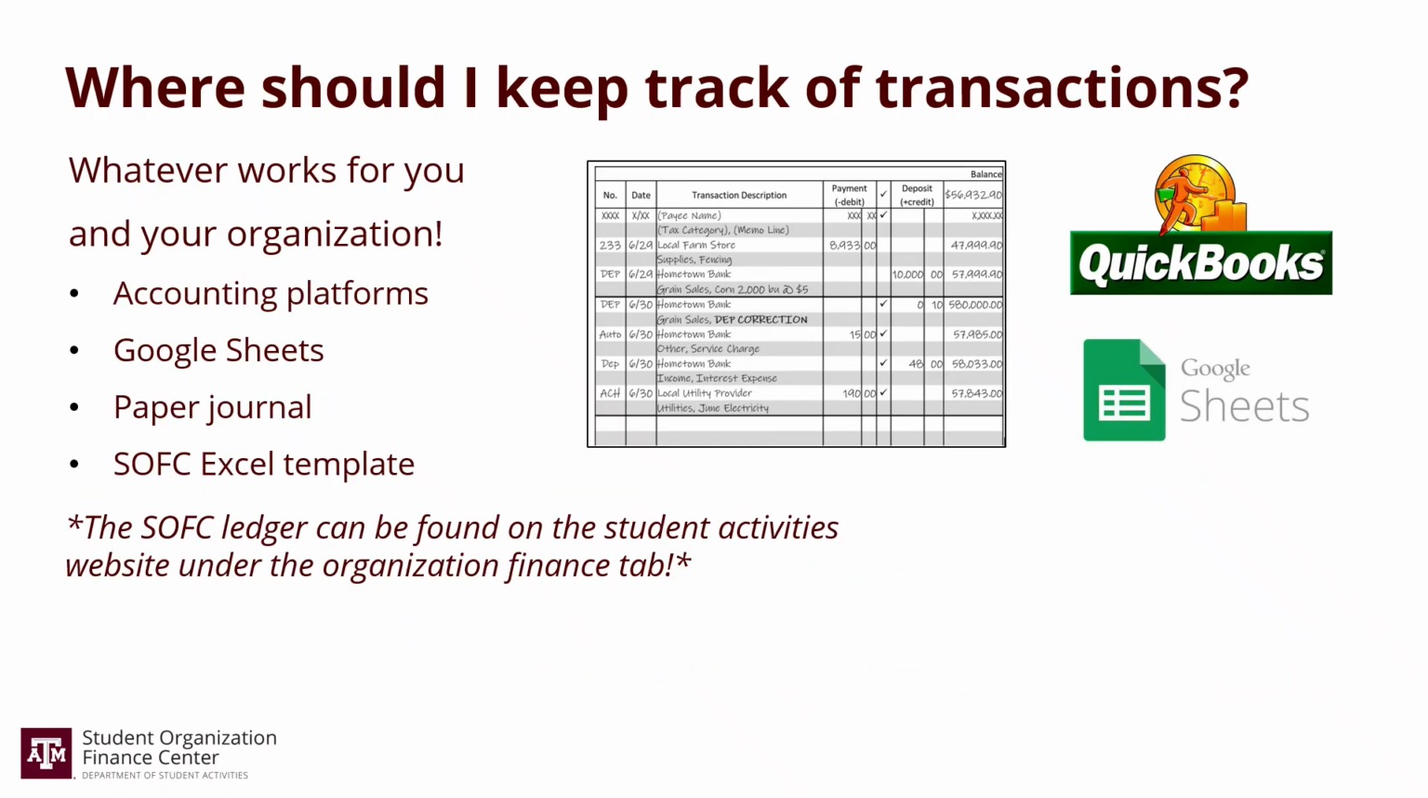I've mentioned several times throughout this presentation the concept of a ledger, but where should you actually be recording transactions? Although we could give you advice on how to enter and where to enter, the short answer is that whatever works for you and your student organization works for us. Common solutions include accounting platforms like QuickBooks, Google Sheets, handwritten paper journals, or the SOFC Excel template, which can be